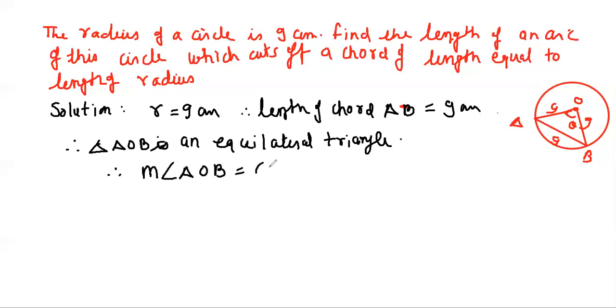क्योंकि हर एक एंगल कितना आएगा, 60 डिग्री, क्योंकि ये इक्विलेटरल ट्राइंगल है। तो मैंने यहाँ पर एंगल AOB 60 डिग्री ले लिया, ठीक है। अब मैं ये समझता हूँ कि इस ट्राइंगल में थीटा 60 डिग्री है। जो सेंट्रल एंगल होता है उसको हम थीटा बोलते हैं, थीटा मुझे 60 डिग्री मिल गया। अगर मैं इसको रेडियंस में कन्वर्ट करता हूँ तो मुझे पता है 60 डिग्री इज इक्वल टू पाई/3 रेडियंस, हमने इसको पहले प्रूव करके रखा हुआ है।